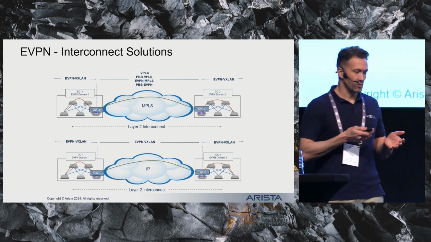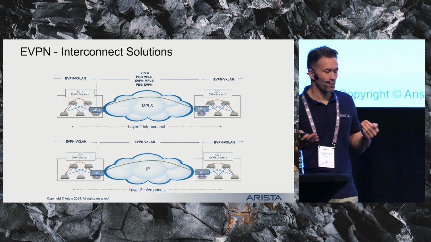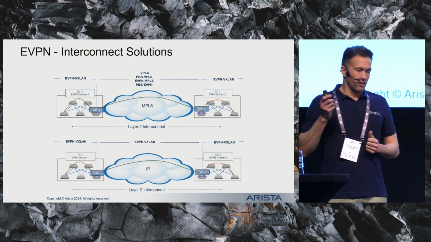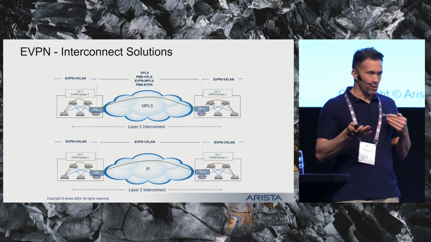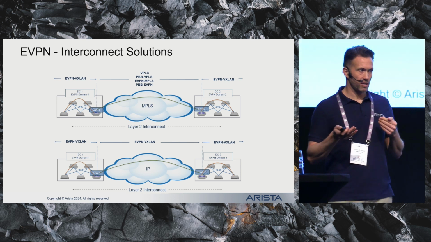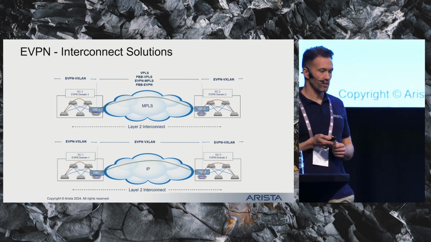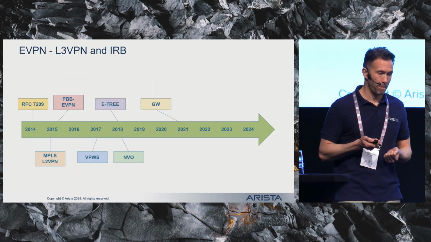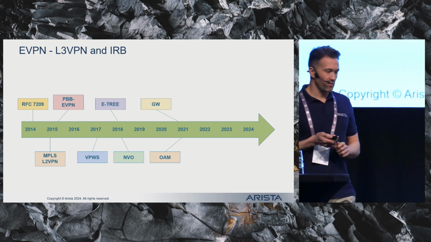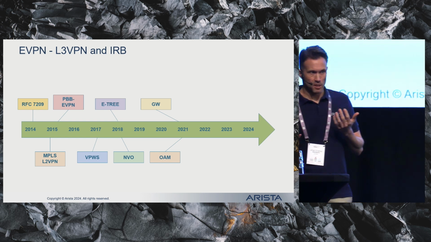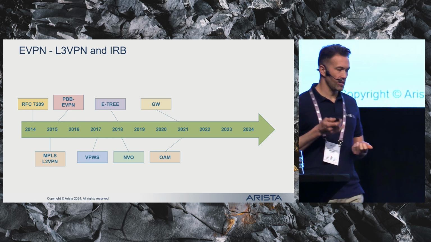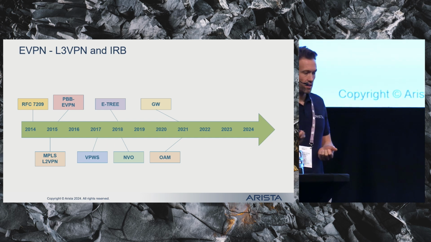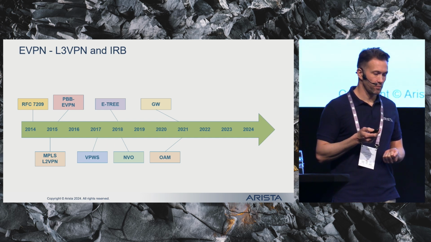So this gateway functionality sort of supports the conversion and the stitching of the layer 2 VPNs across these different types of networks and technologies. There are also solutions for stitching layer 3 VPNs together, sort of a layer 3 gateway function. That part is still a draft, though. But again, multiple vendors already support that as well. Every service typically needs some kind of a fault management or performance management function. So in 2021, there was an RFC published for operations and maintenance procedures in EVPN networks. Again, not going into any specific details on that one.